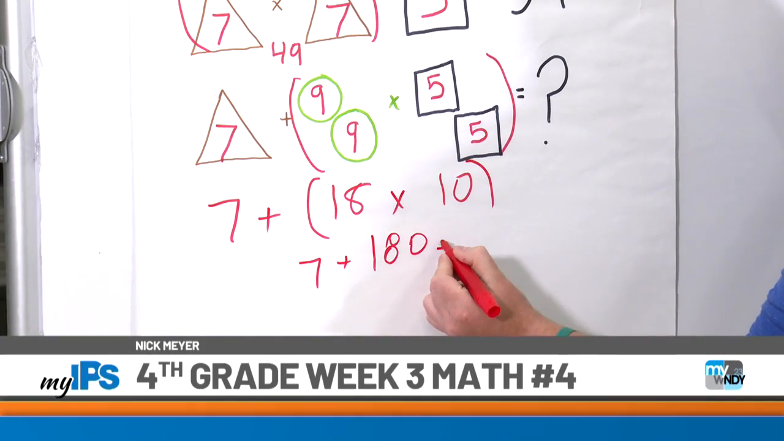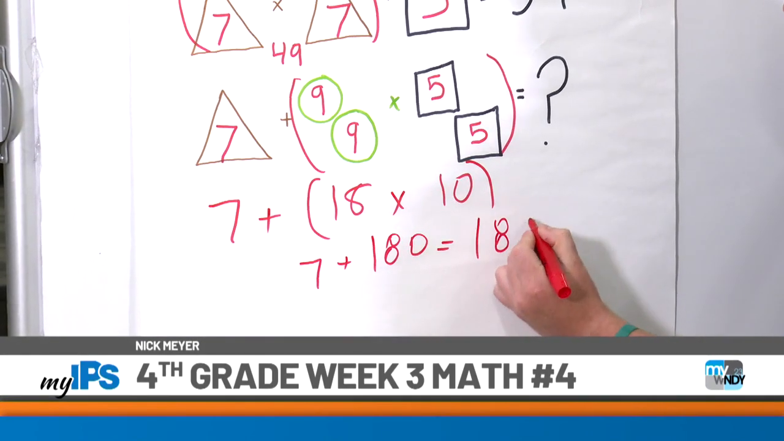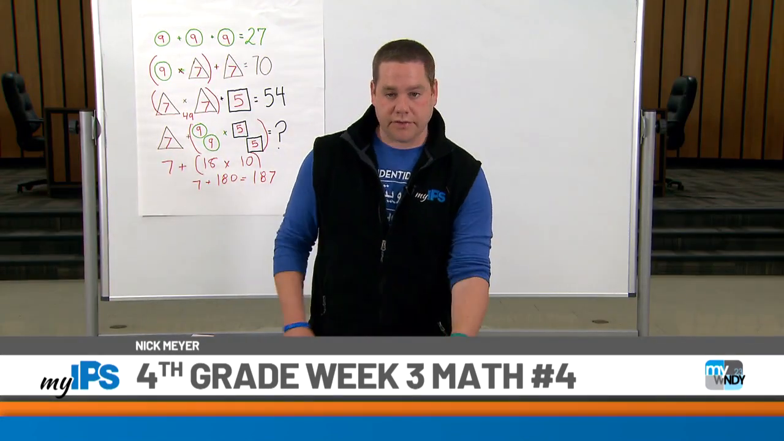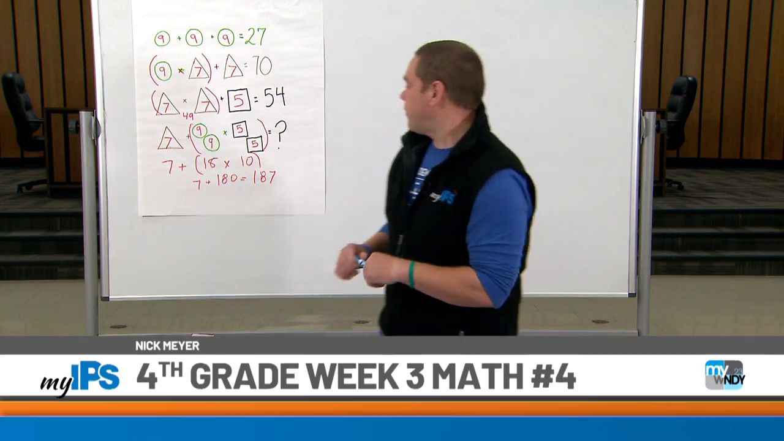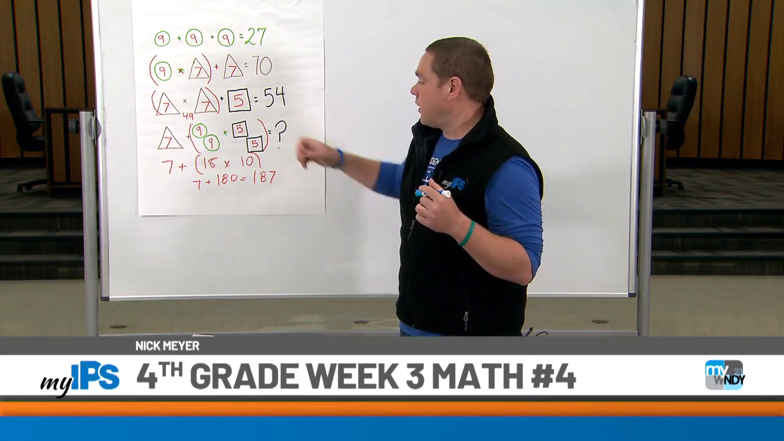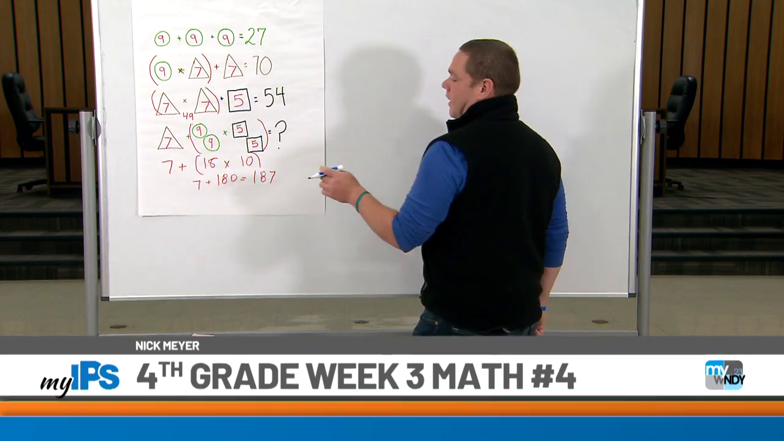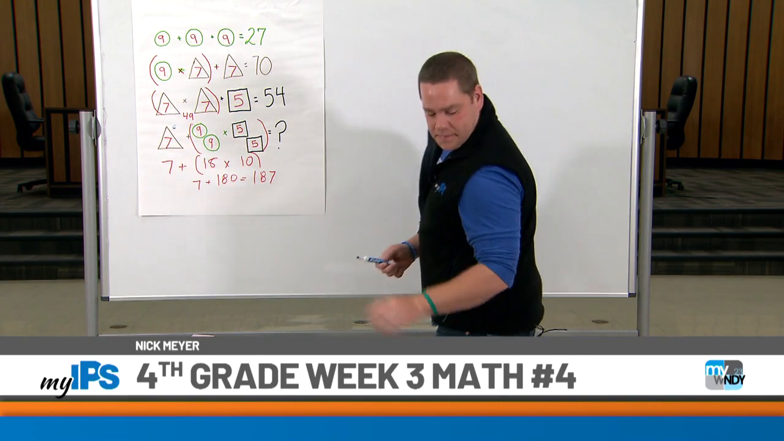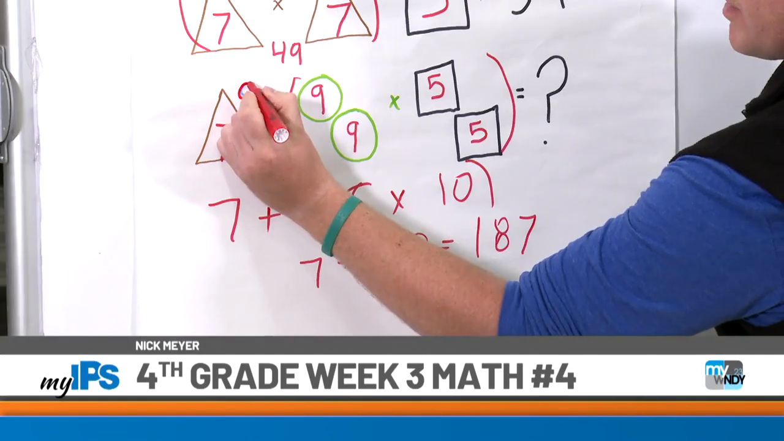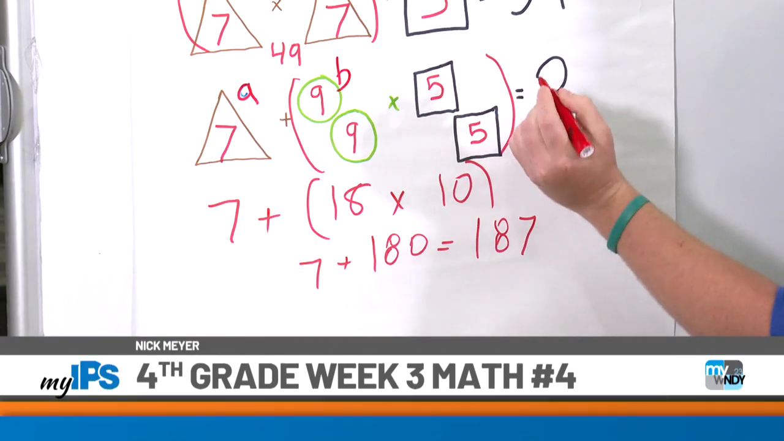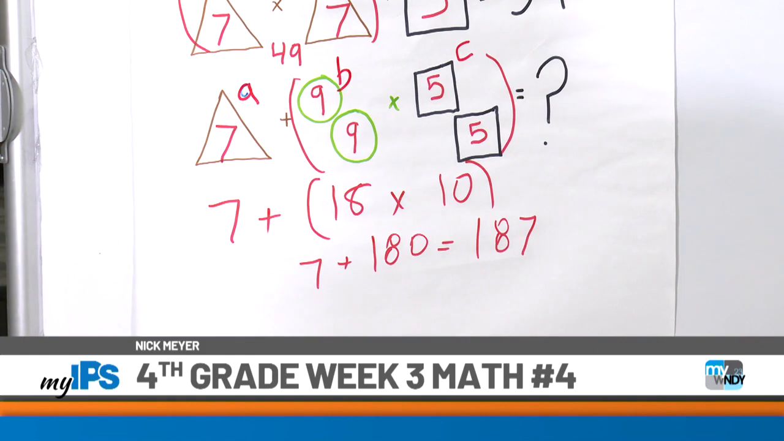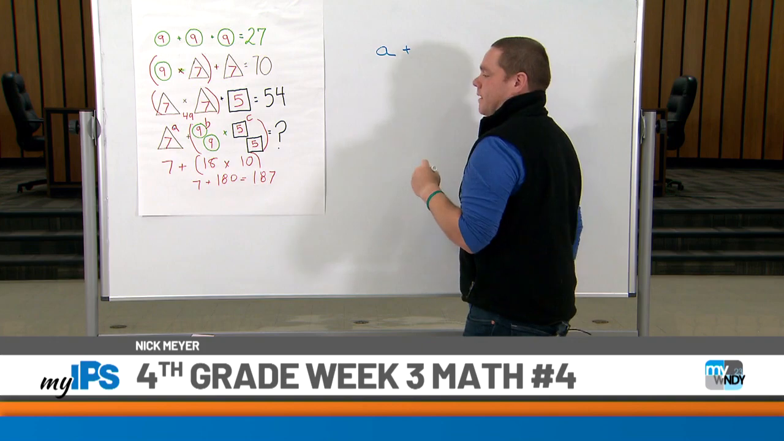Plus 7, the question mark equals 187. Now we've done a lot of these puzzles through the past few weeks. I want you to look at the math that you're doing while you're trying to figure this out. If I make the triangle a variable A, the circles B, and the squares C, what you're really doing here is solving something that looks like A plus